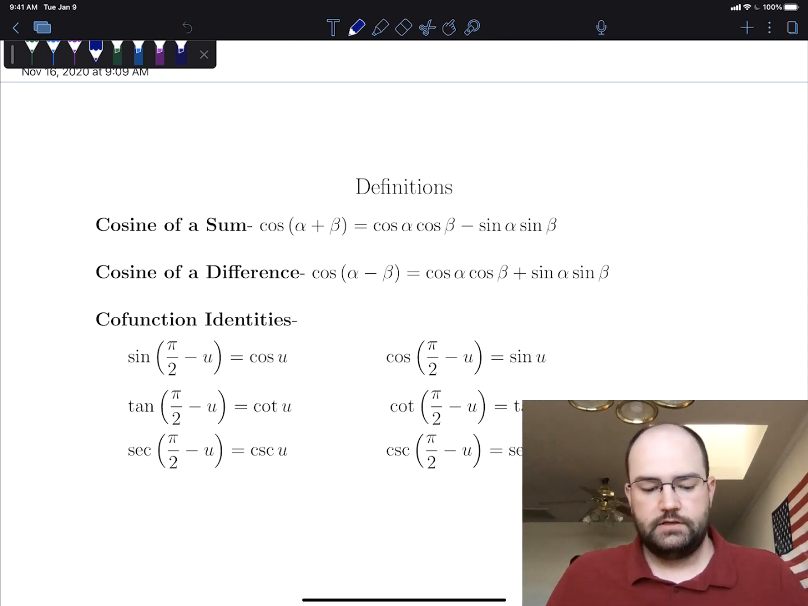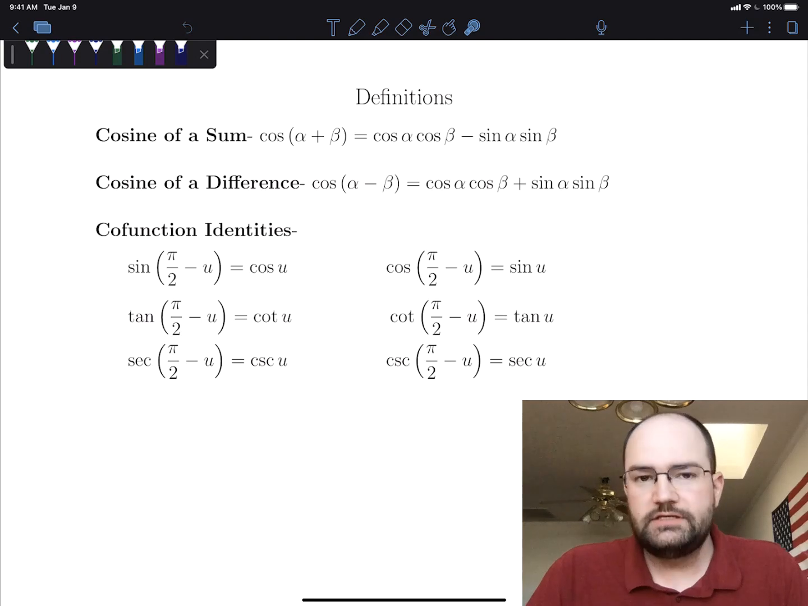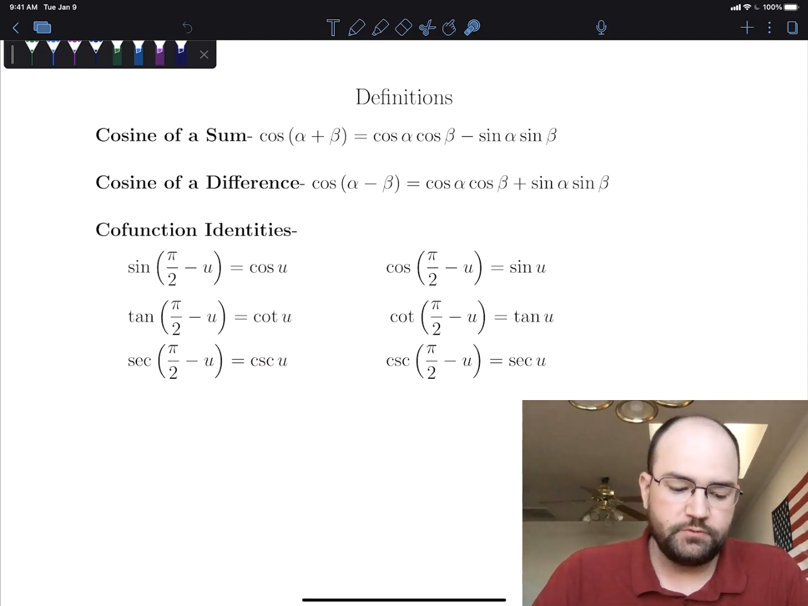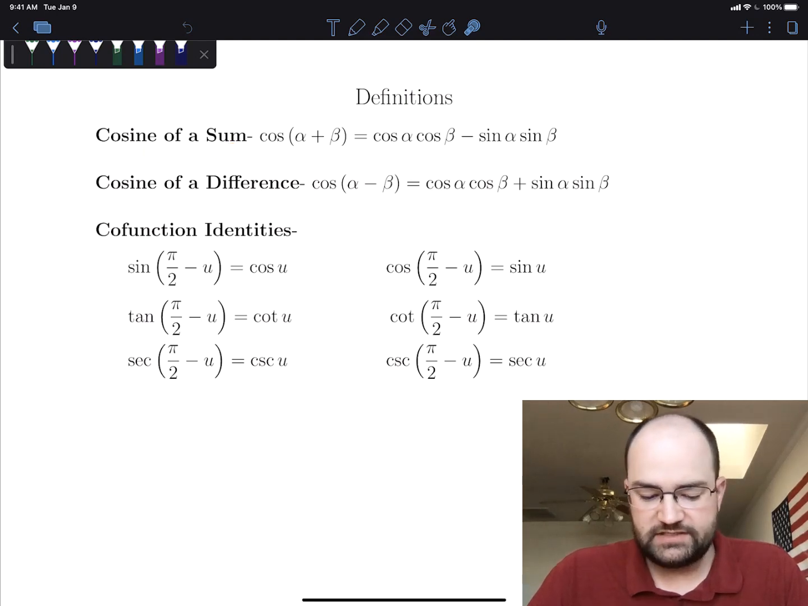Hello. In this video, we want to look at some definitions. In this section, we're going to start looking at a couple of identities, and the first couple that we're going to look at are the cosine of a sum. And it basically says that the cosine of alpha plus beta is cosine alpha cosine beta minus sine alpha sine